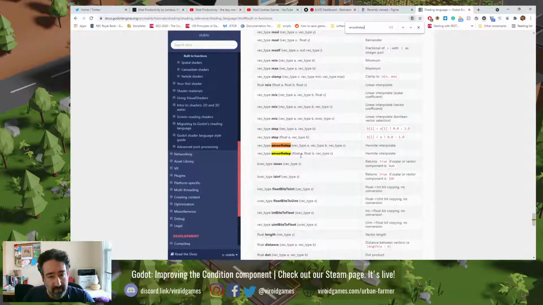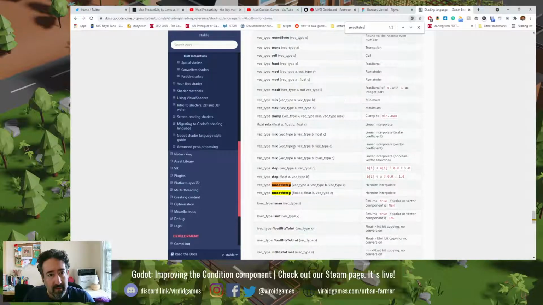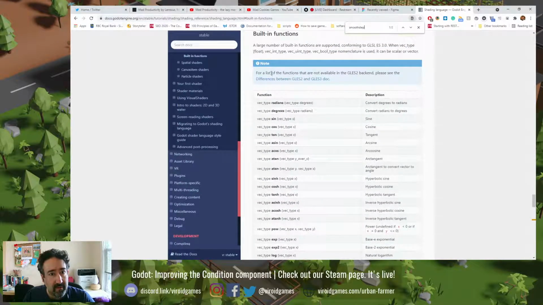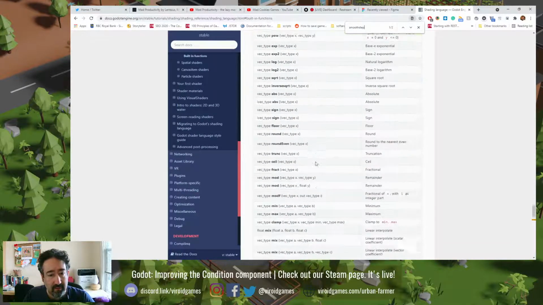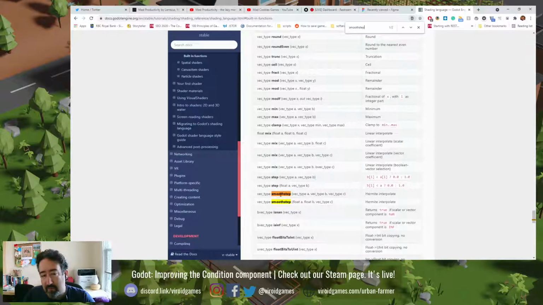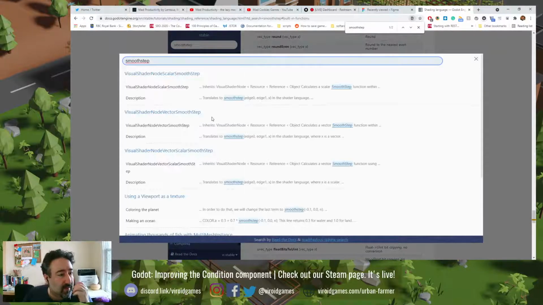The smooth step functions have two signatures here. These are part of the built-in functions. So this is going to do something in shader, but the explanation is not given in the shader part of the document. Instead, I found the explanation